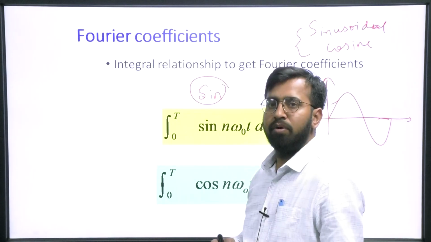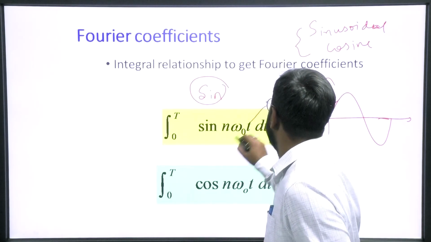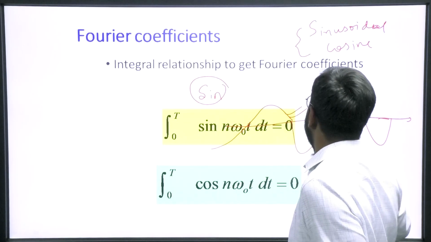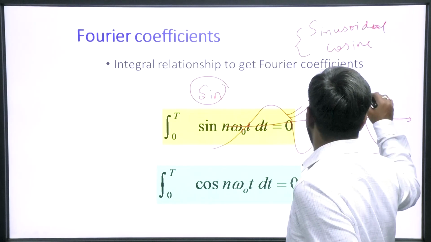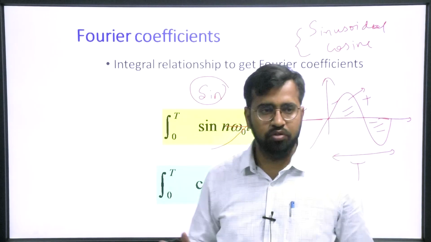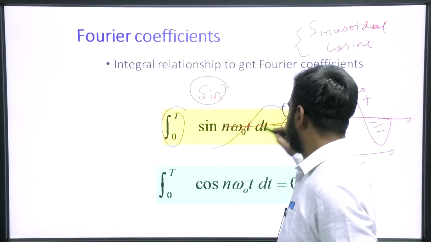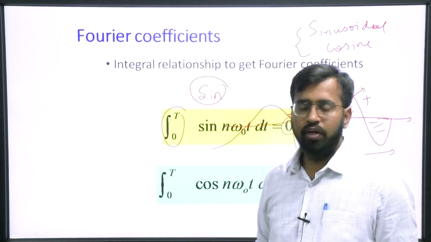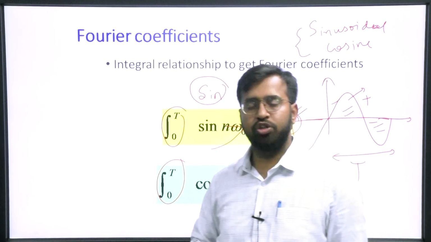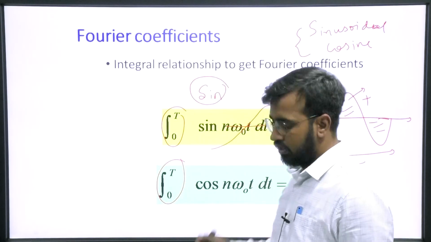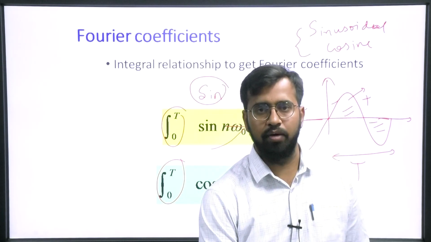Why 0? Because a sinusoidal function is basically an odd function. What do you mean by an odd function? A function which is symmetric around the origin is an odd function. If you calculate the area, you can see it has a positive area and a similar negative area. If you sum the positive and negative areas over a time period, it will equal 0. Similar is the case for the cosine signal: in a time period T, it has equal positive and negative area. You must remember this integration before learning the coefficient values of a n and b n.